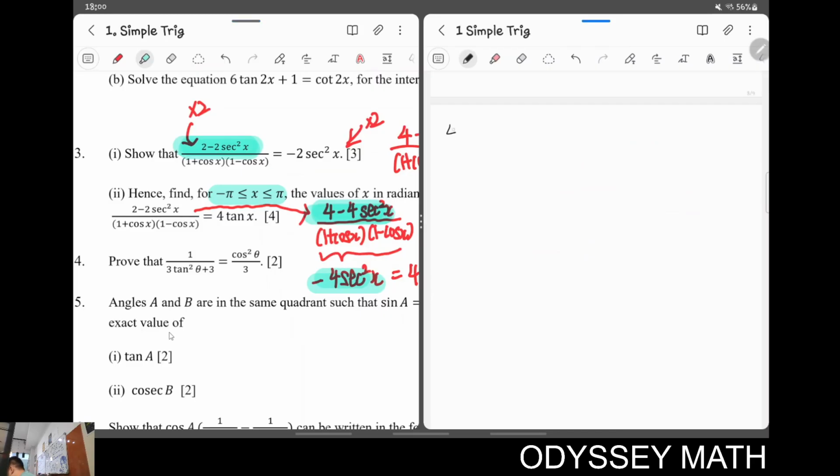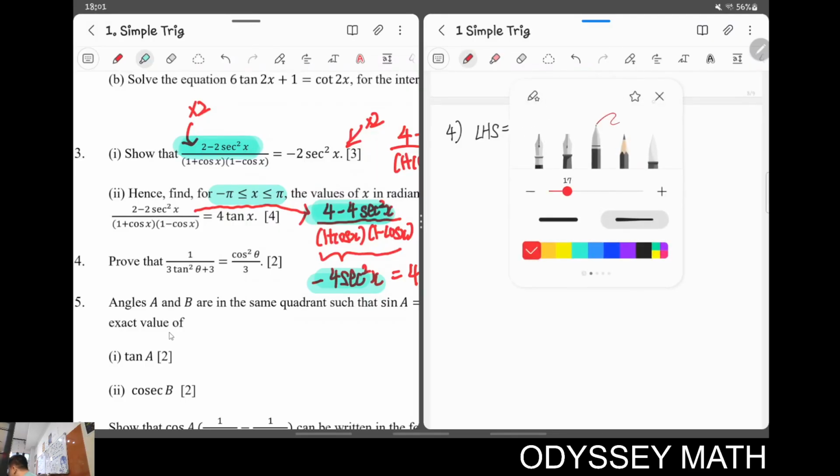Question number 4. Prove that 1 over 3 tangent square theta plus 3 equals cosine square theta over 3. So again, we start from the left hand side because it's more complicated. So again, I would advise students that if you don't know what to do, do exactly what you can. We take out 3, and then, okay, let me write down for you, okay? Only in this tutorial,